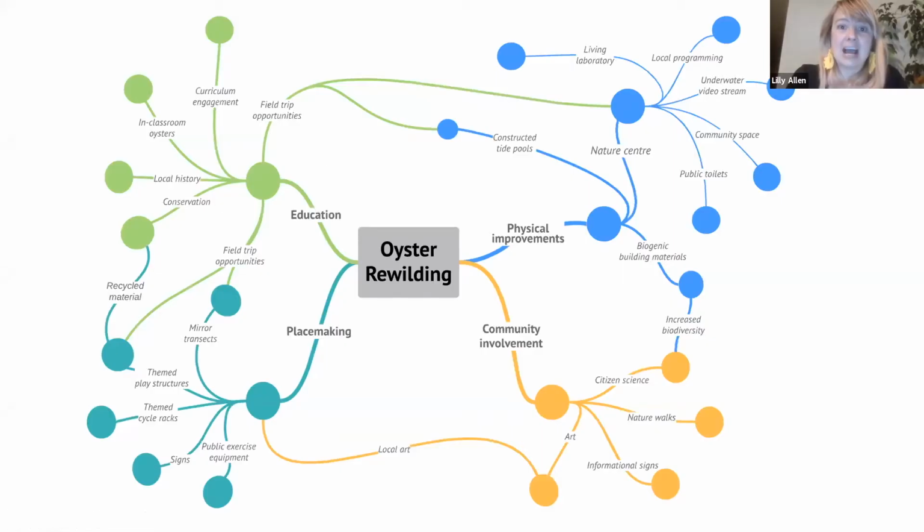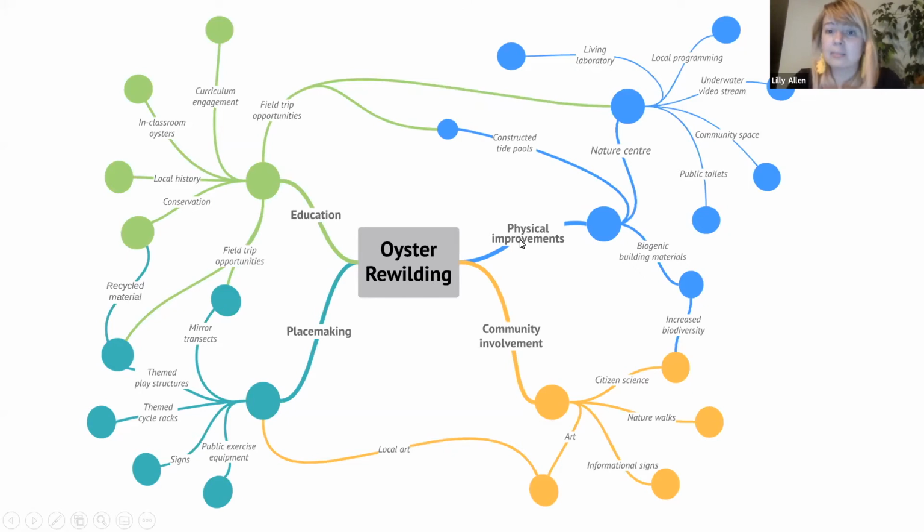And so I built this framework, and you'll see education, which I know NORA has a big focus on, and I drew a lot from that in there, so I'm not going to touch on it too much here. But then thinking about these other 3 improvements and strategies to connect oysters to the environment.